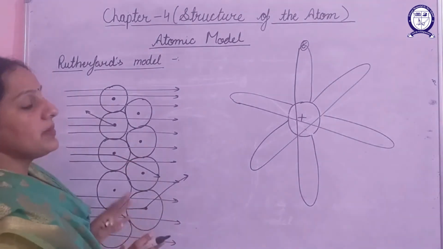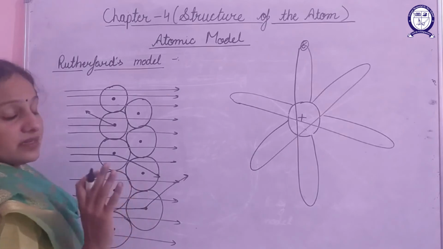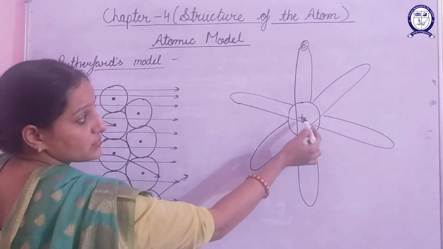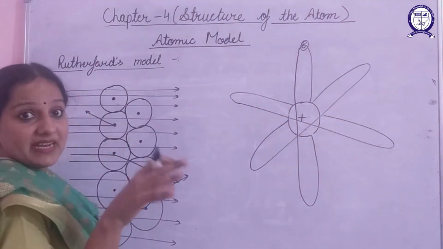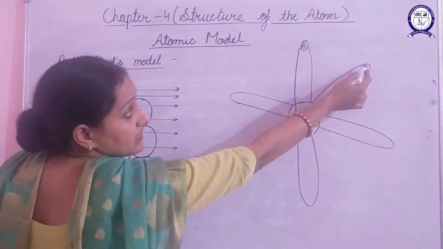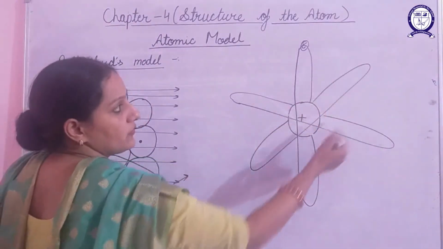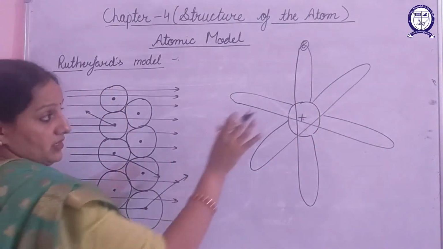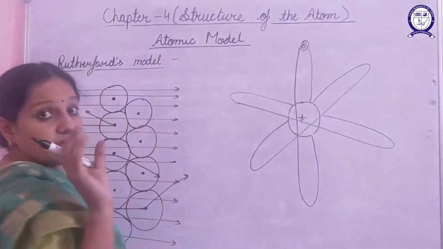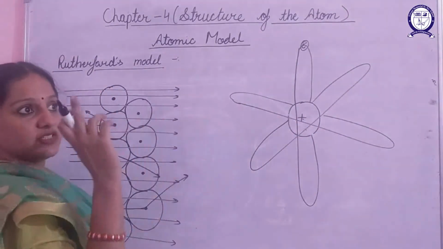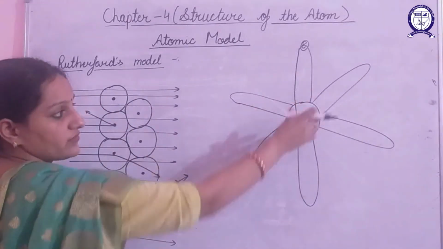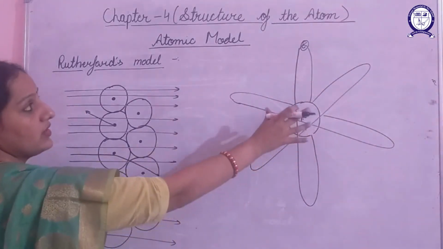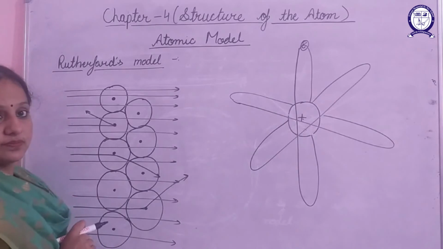So from this alpha particle scattering experiment, Rutherford concluded that the atom consists of a positively charged sphere at the mid of it, and electrons, that is the negatively charged particles, keep on revolving around this positive sphere of charge in circular orbits. So an atom basically consists of a sphere of positively charged particles, and electrons keep on revolving around this positive sphere of charge in circular orbits. So this was the model of atom that was given by Rutherford.